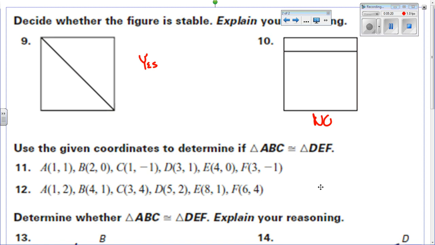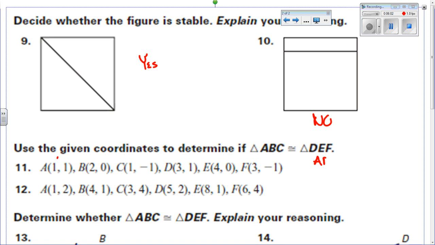Use the given coordinates to determine if triangle ABC is congruent to triangle DEF. So basically we have to find the distance between A and B and A and C, and then B and C, and then find the distance between DE, DF, and EF. So, going from A to B, it goes over 1 and up 1. So AB,